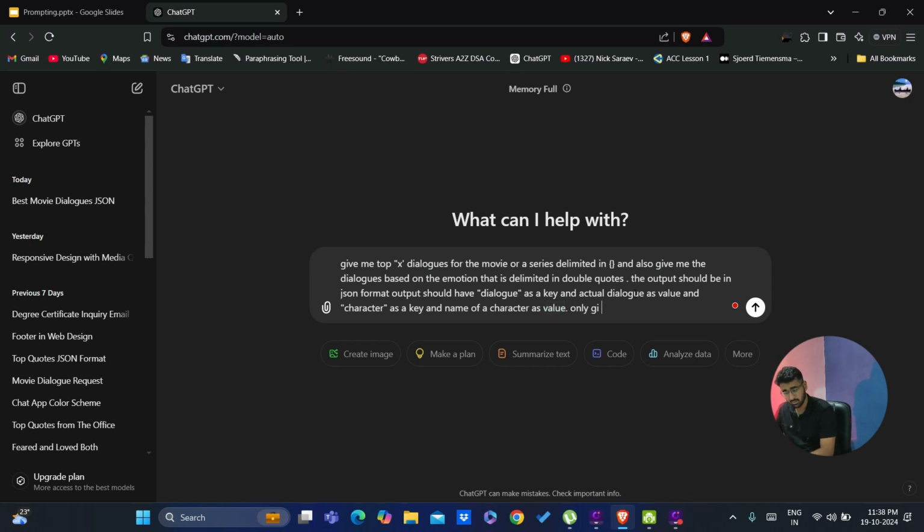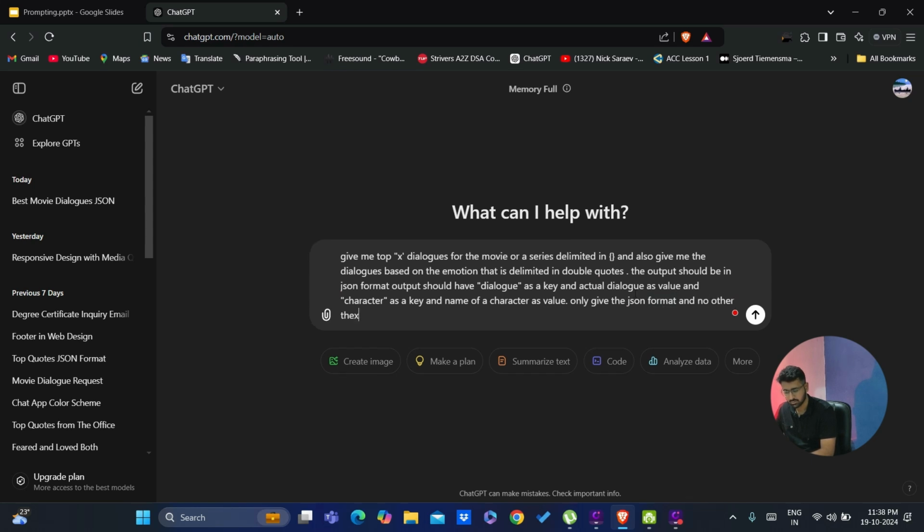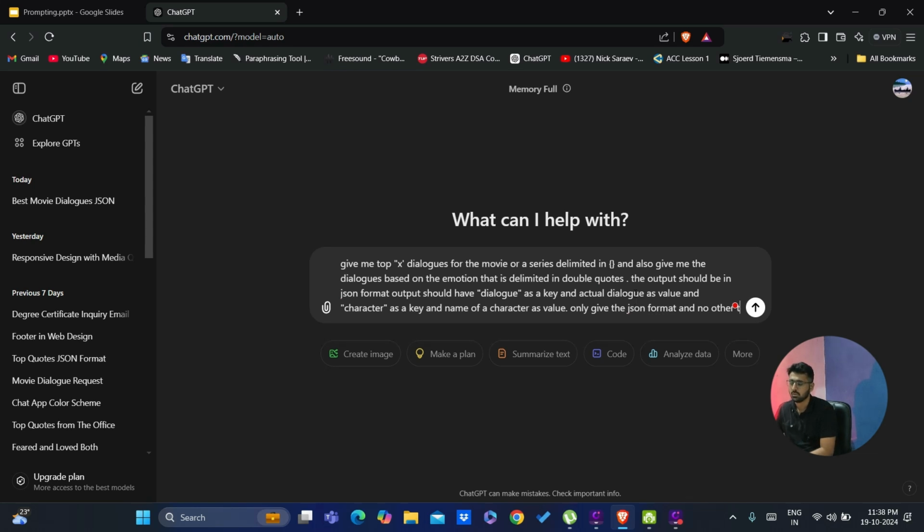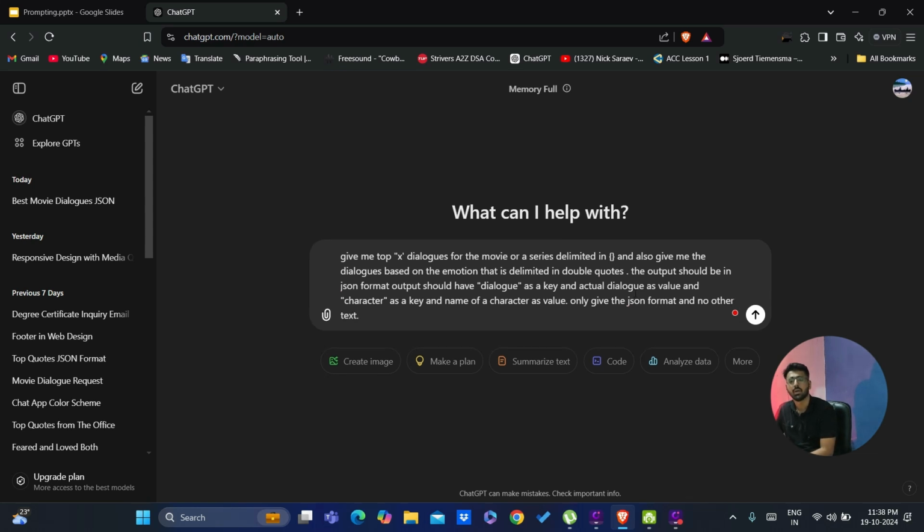Only give the JSON format and no other text. And what we can also specify is